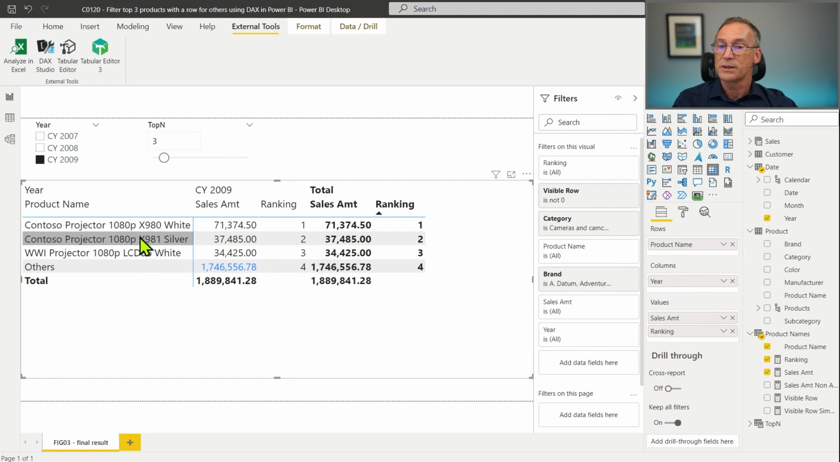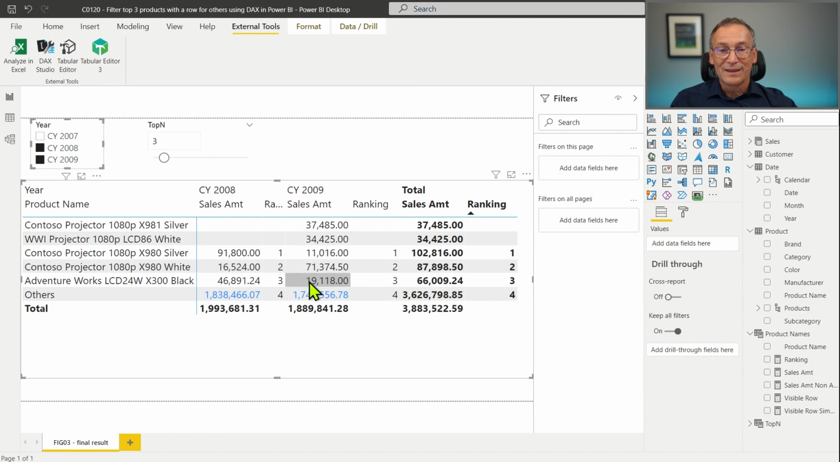Let me go back here. Indeed, my product does not have sales amount, neither sales amount nor ranking in 2008. It has a value in 2009. It doesn't have a ranking, but it has a value. And it doesn't have a ranking because this is computing the ranking of all time. It's the ranking computed inside value filter constraint that is wrong. So what we need to do is to force